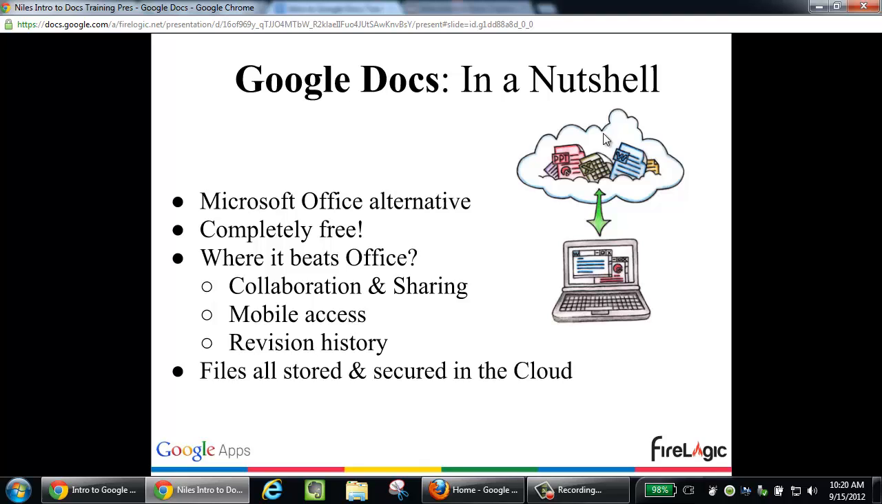Google Docs says, let's start from scratch. Let's change the way we work with documents. There's one master copy that's kept on the cloud that we're working on, and we share that. We give access to others so they can work on it as well. So that's the way that